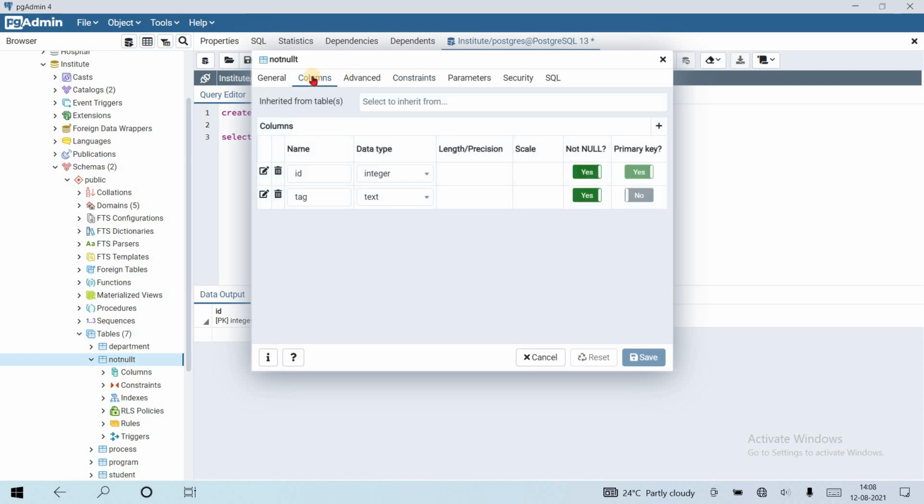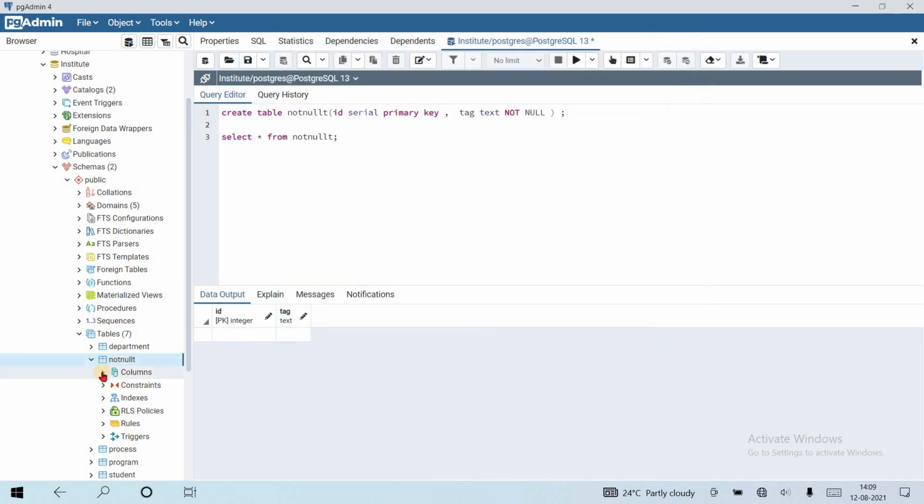In the column section you can see that not null for the id, which is the primary key, is already on, and the not null we have set on tag is on. We can click here and make it off also, and on again. We can change the value here, or by right clicking on the column.